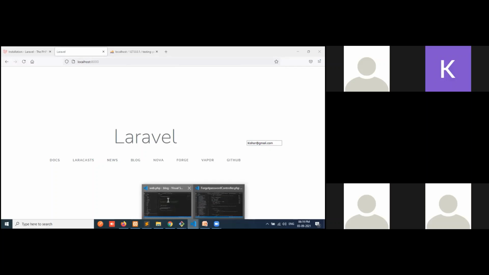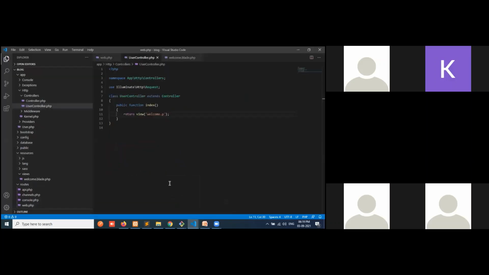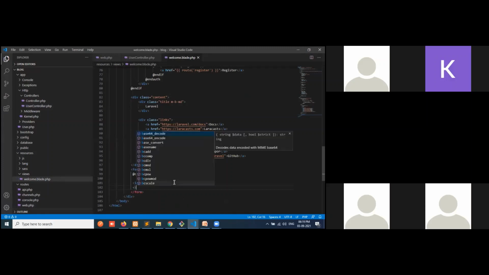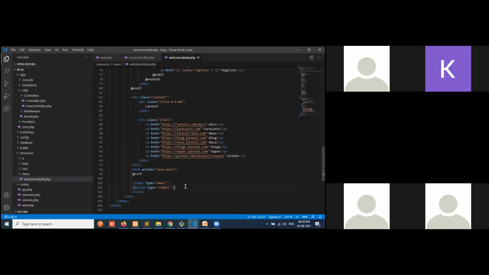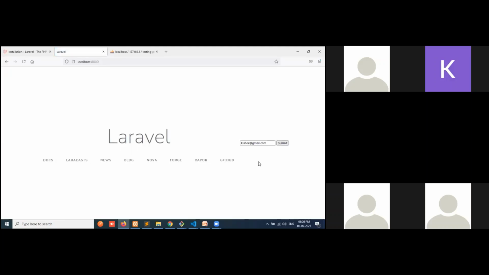See, on the submit button, it says please enter an email address.